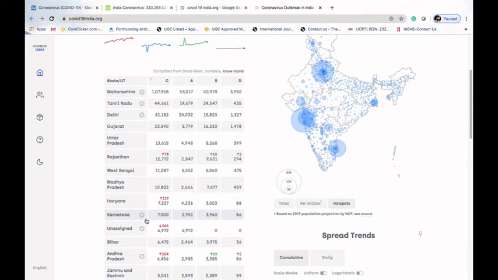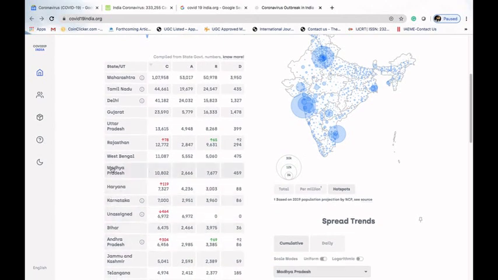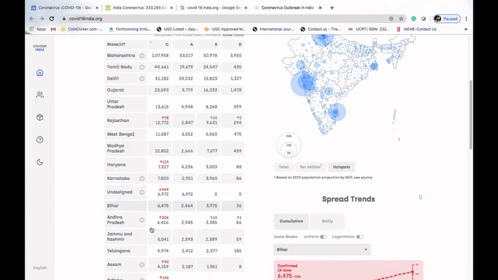Now, what do you mean by unassigned people? Unassigned people means the total number of cases which so far are not assigned to any specific state. You can also see that there is a decrease of 464 cases. This means that 464 cases have been assigned to some other state, maybe Andhra Pradesh, Haryana, or Rajasthan. So this is the total number of cases which have so far been assigned to other states.